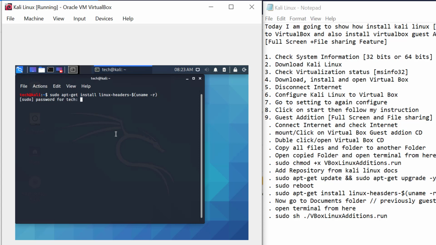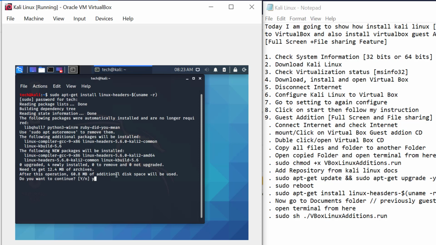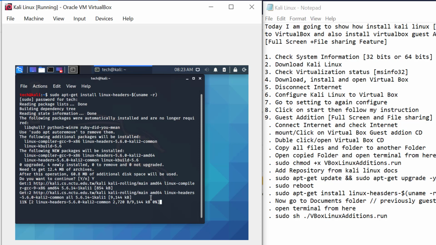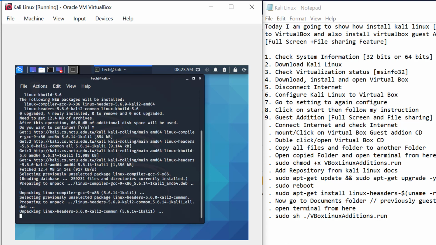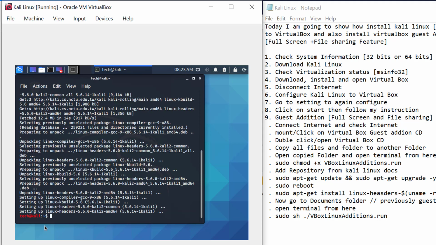Just click enter and put the password, then click yes, y. It's upgrading and installing. Okay, installation has been done.